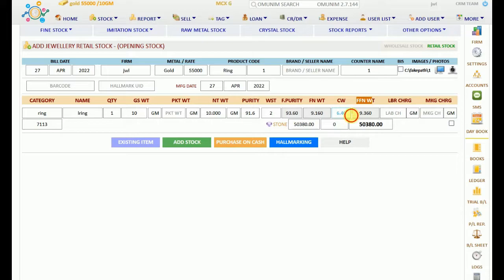So there is an option of CW. CW means your customer wastage. If you want to add any value added, or if you want to add any additional charges to the customer for polishing and all, you can add here, or else you can add here 0. So this is labor charges and making charges. If supplier has charged you any labor charge, you can add here, like if you want to add here like 100 rupees per gram per piece fixed price, you can add from here. Making charges you can also add here, like per gram per piece percentage wise also.